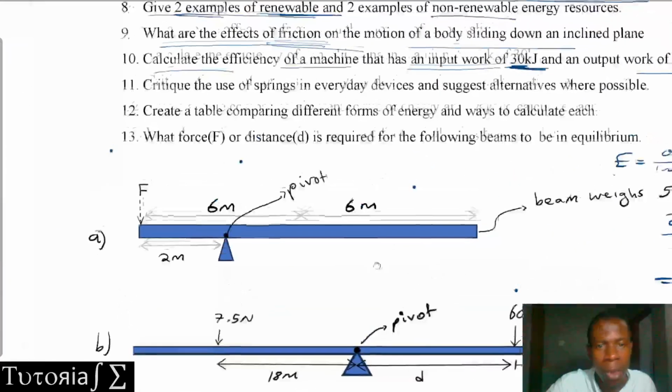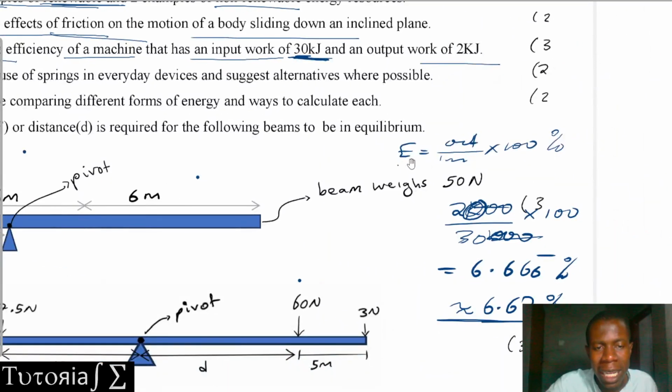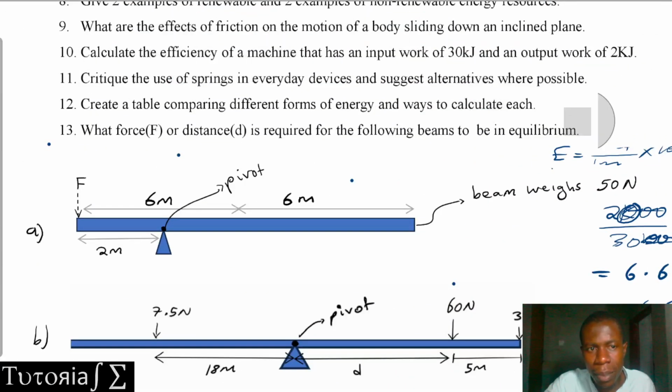So that is how you're supposed to do question number 10. It's just basically the formula: efficiency is equal to energy output over energy input. So our energy input was 30 kilojoules and our output was 2 kilojoules, and times 100. So 30 kilojoules is just 30,000. So remember the unit for energy is joules. So it was easy for us to calculate like that. Now we go to question number